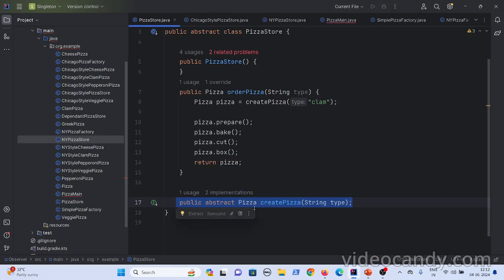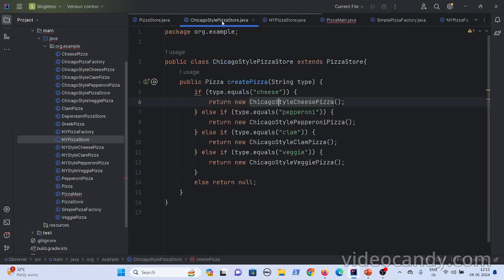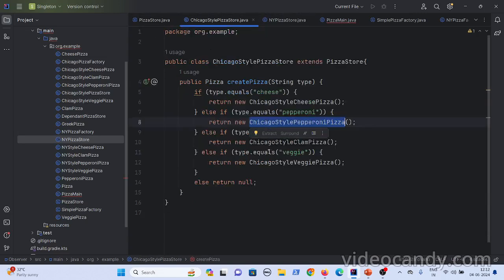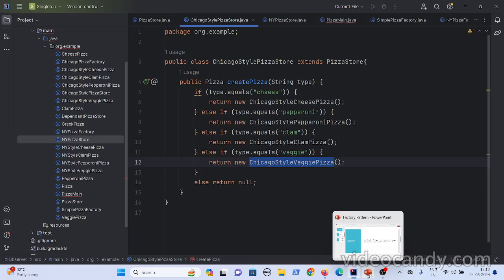So here what happens, you are creating the pizzas, but based on the type, or based on the logic, subclasses will create these kinds of pizzas, right? You are just declaring a method here, but subclasses are actually creating the pizzas, maybe based on the type the user passes, or based on so and so parameters. Subclasses are the ones which are actually creating it, right?